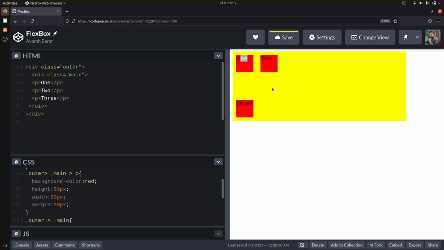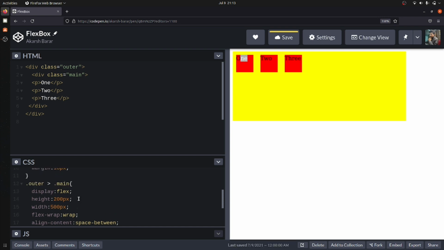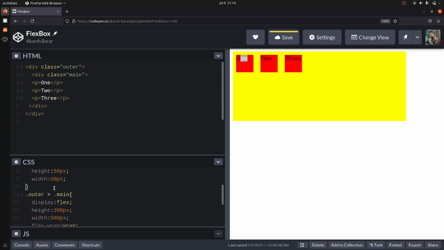Okay, now what I want to do is make this 3 cover all the space that we have on its rightmost side. There are 2 ways.